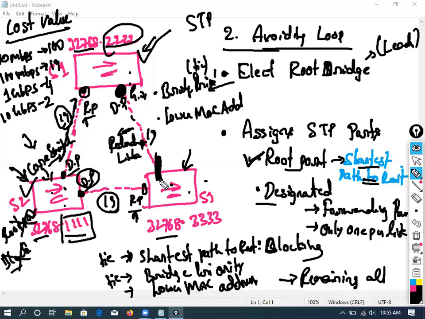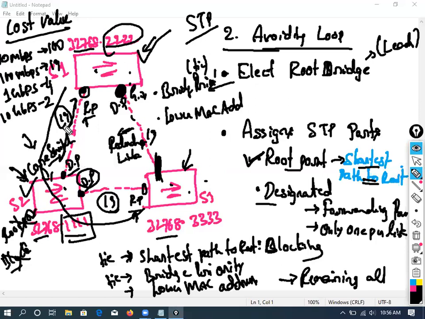What STP typically does here is it drops a tree on the redundancy link. It means it's going to block one port on a redundancy link. Now, what is my active path? This one. This is the active path. If you want to communicate from here to here, even though you have a direct link, the packet will travel like this, because that's the active link we have. As per STP, only one active link. Remaining all backup links, but by default those will be blocked. When this active link goes down, then the backup link will come up.